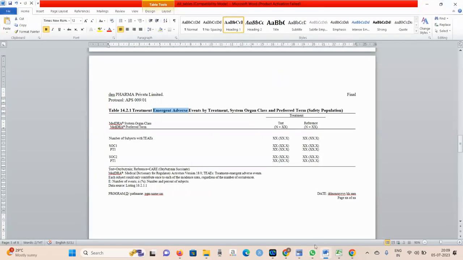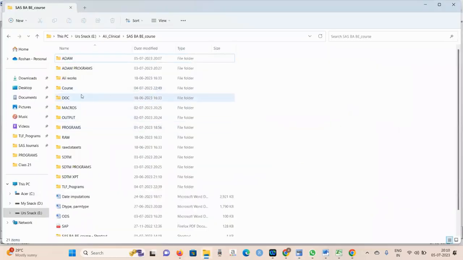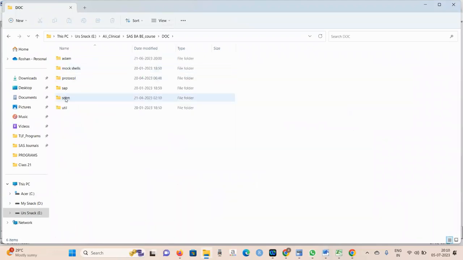So here you have seen the two variables. One is system organ class. The next one is preferred term. So you need to classify your table based on the system organ class and the preferred term. In general, in ADAE datasets, AEBODSYS will be considered as system organ class and AEDECOD will be preferred term. So if you check the specification here,